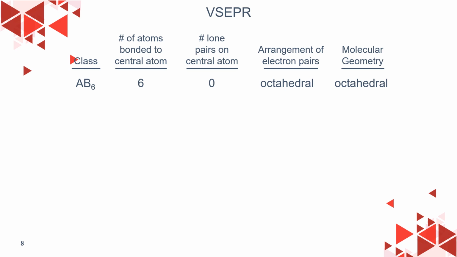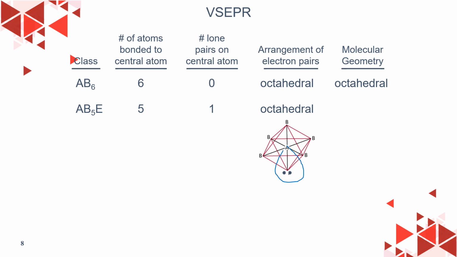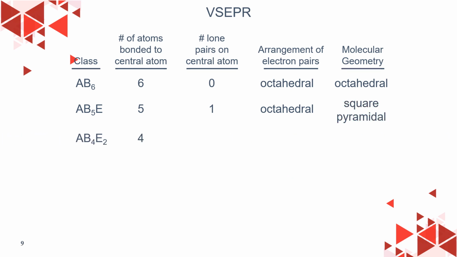What if I give you a central atom that could attach 6 electron pairs, which should basically be octahedral if there's no lone pair on the central atom? Now what if one of them is a lone pair? You can draw the repulsion on the normal octahedral, and the shape changes to square pyramidal. The same approach applies for AB4E2, where there are 2 lone pairs and 4 bonding pairs,